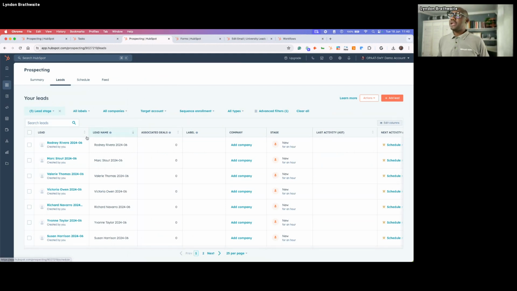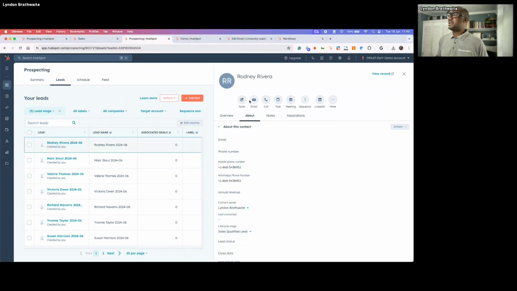All right. Any one of these folks I decide to work on, and I'm only tracking 3 stages right now. All right. So we're not looking at closed or qualified as yet. I'm just looking at these 3. So if I would decide now to work on Rodney Rivera, what now happens is that the workspace for me to do my work is now on the right. So here, if I needed to put him in a sequence, then I can go about doing that. So again, having a centralized space to work, we spoke about the automations, we spoke about the sequences, etc.